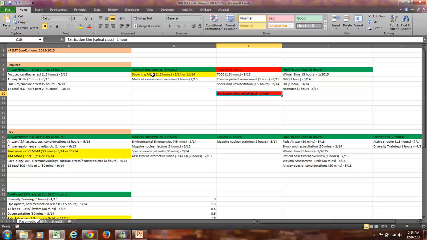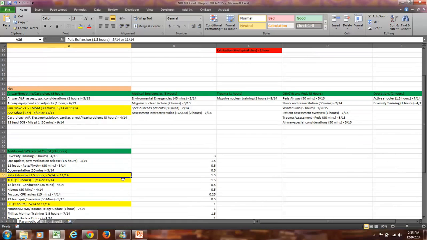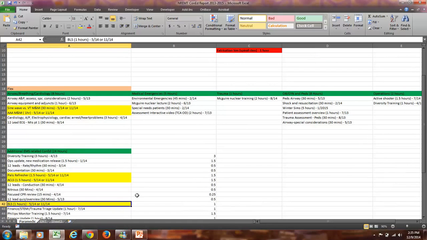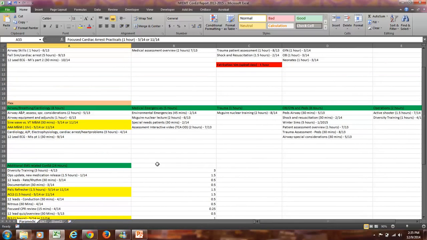Some of these classes you will note are highlighted in yellow. These are classes that were offered during the AHA months. Now, I have highlighted these in yellow just so they stand out a little bit, so when you're entering the information,